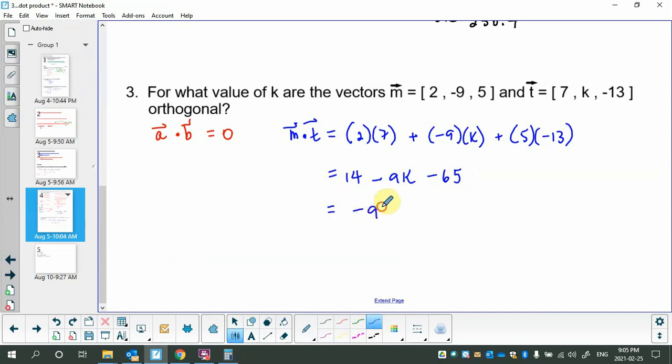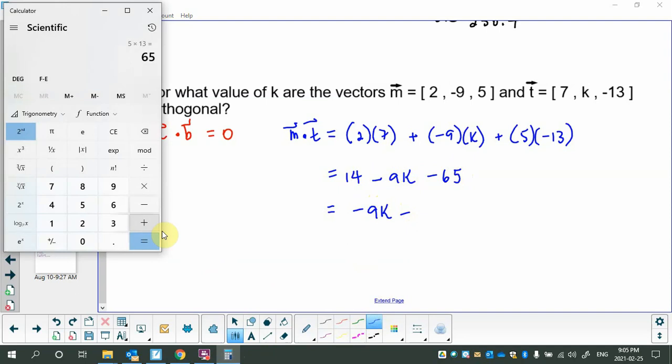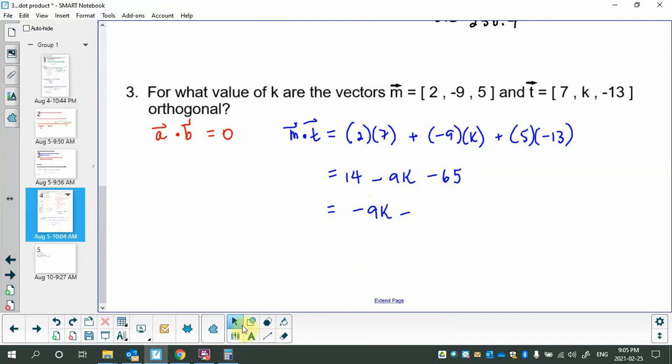So that's -9k subtract 51. So that's the dot product. And because it's orthogonal, I can put a 0 here,